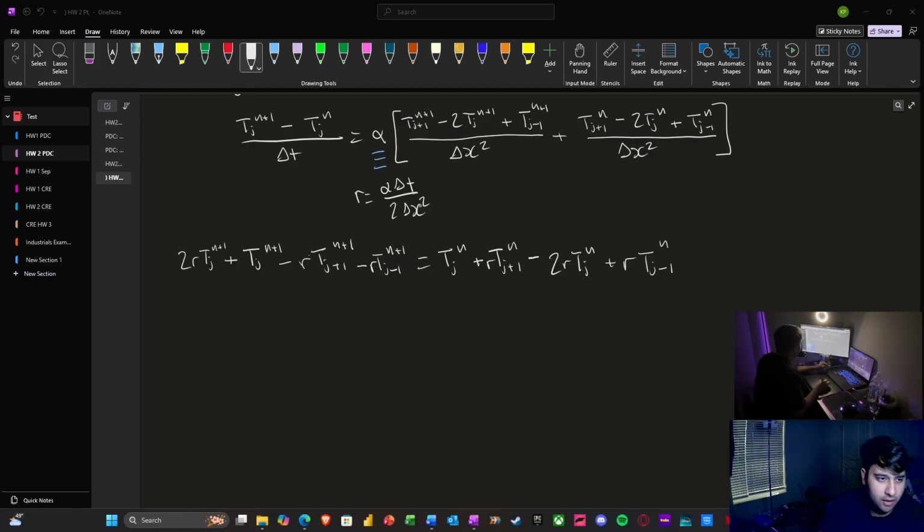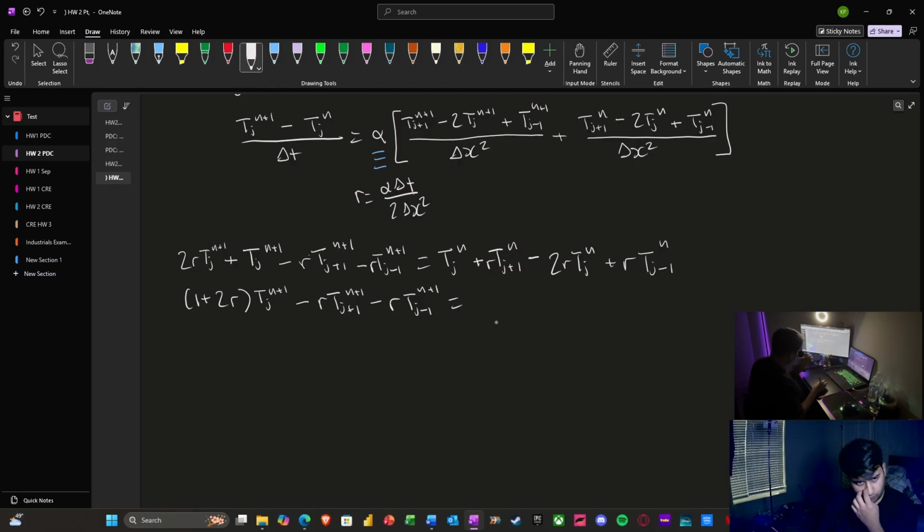One little error, I forgot this value right here, so it's supposed to be 2R T_j^(n+1) plus all of that. And now we can go ahead and simplify it. So we have 1 plus 2R times T_j^(n+1) minus R T_(j+1)^(n+1) minus R T_(j-1)^(n+1), and this will equal our T_j^n plus R